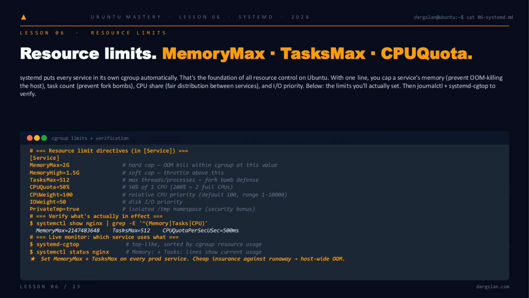A restart loop is great, but what if the bug is a memory leak that eats every gig of RAM before crashing? That's where cgroup limits come in. Because systemd already drops every service into its own cgroup, you get resource control for free. Just declare it. MemoryMax=2G gives you a hard ceiling that kills inside the cgroup instead of taking